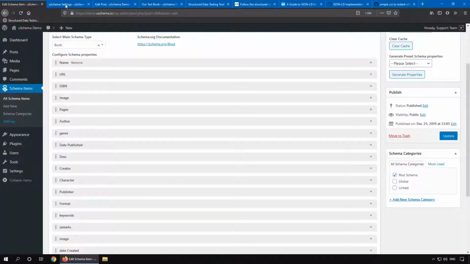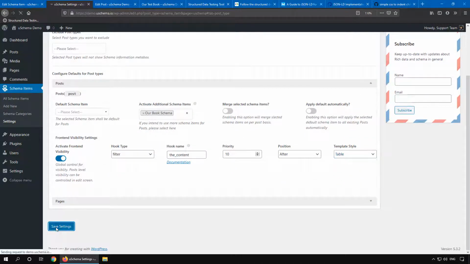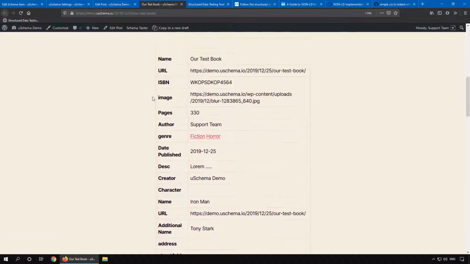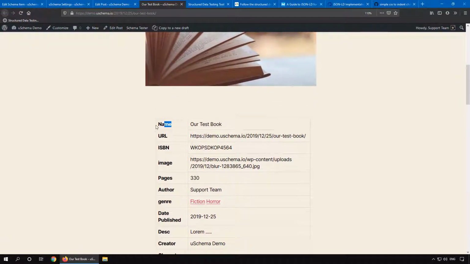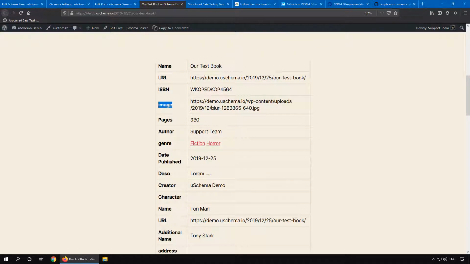Let me just change its template. Let's change it to table, save, and if we reload, they will display as a table. These are the property IDs or labels, and these are its values. If we scroll down, there is an image property ID